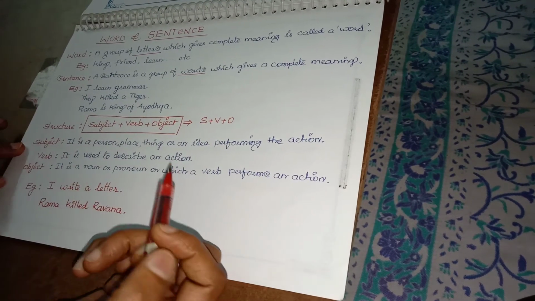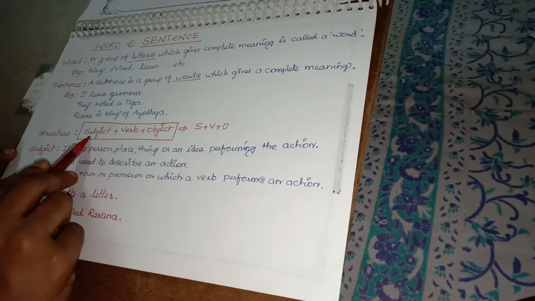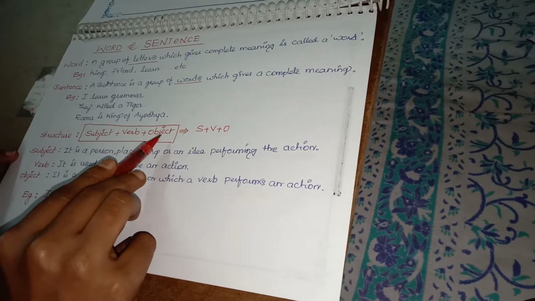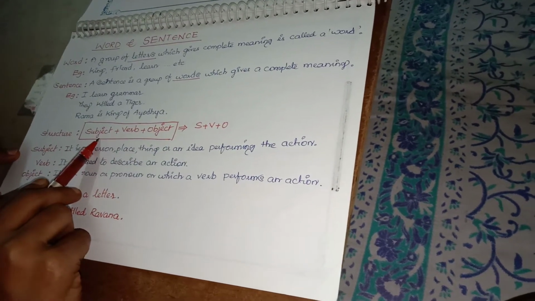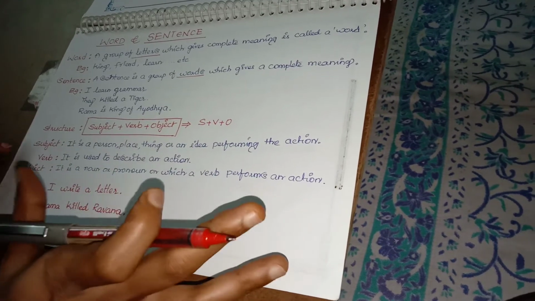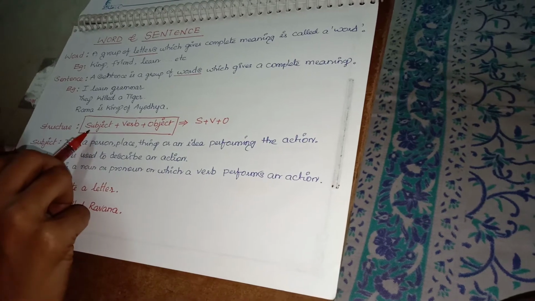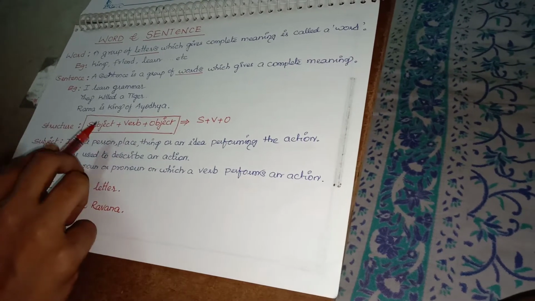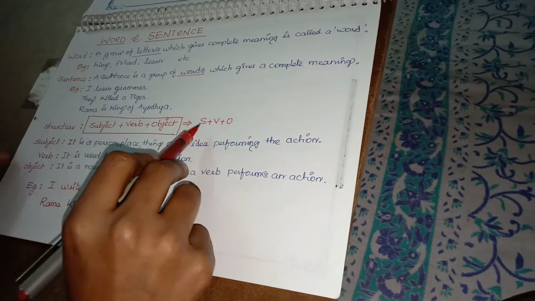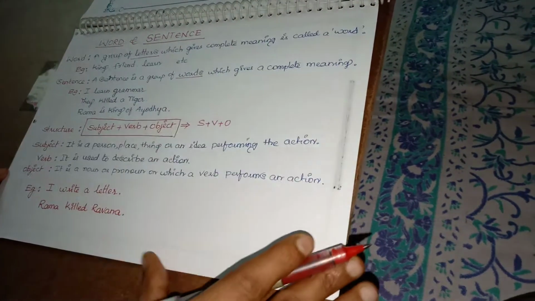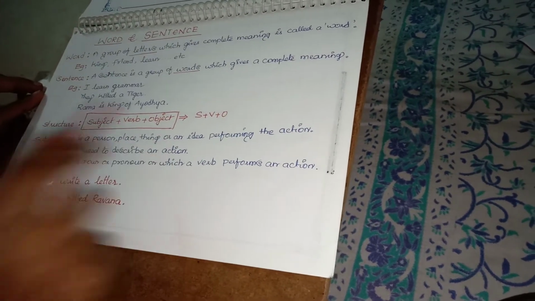When you want to make a sentence, you follow the structure that it should consist of subject, verb, object. Generally this is the formation of an English sentence. In every language we have a particular structure of a sentence. Especially in English, the structure starts with the subject and follows with the verb and object. Shortly we can say subject, verb, object. And then you should know what a subject is, what a verb is, and what an object is.